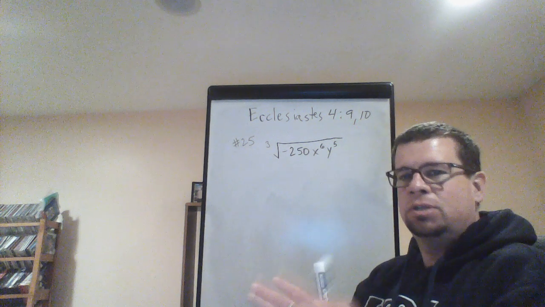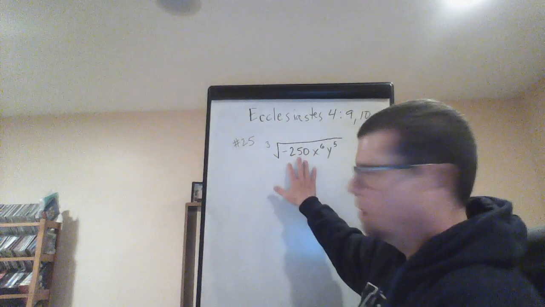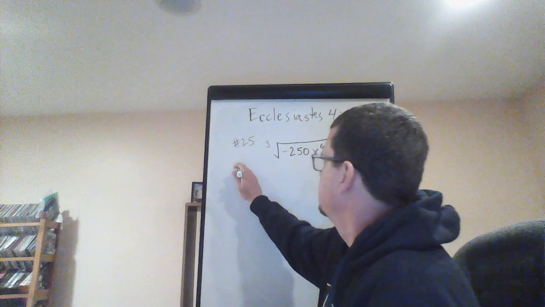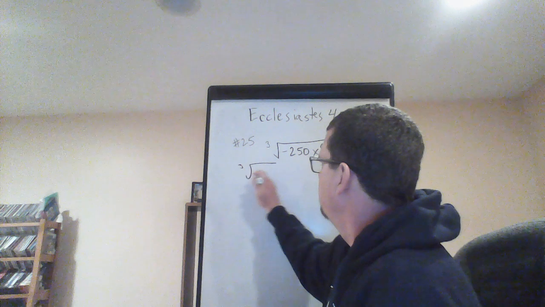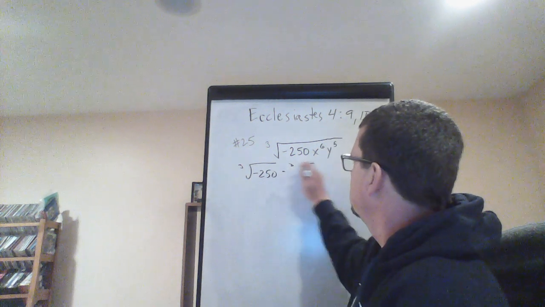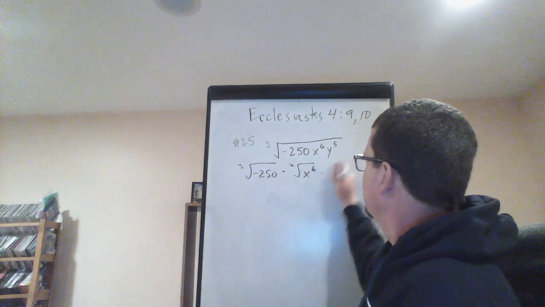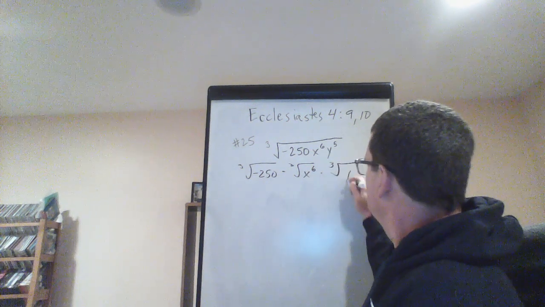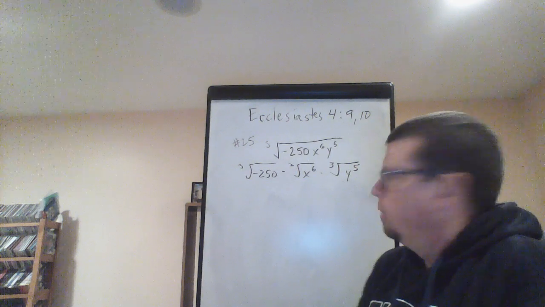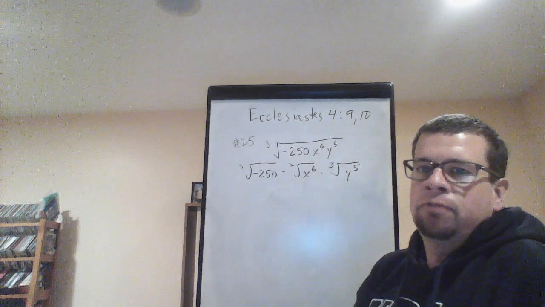Again, first thing I like to do is just break this thing up into numbers and then each of the different variables. So I'm going to break this up into the cube root of negative 250 times the cube root of x to the 6th times the cube root of y to the 5th. And now I can deal with each of these separately. Cube root of negative 250